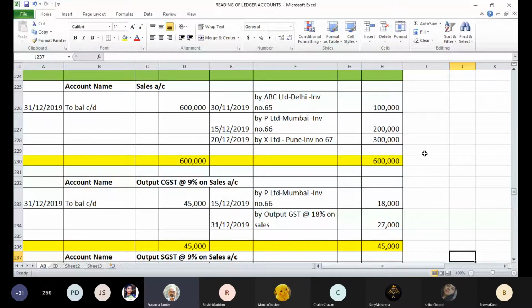But apart from sales accounting, you will have corresponding GST accounting also. So let us understand what is this mechanism of GST and what are the components of GST, and then we will see the accounting. Now, most of you would have purchased something recently on which you would have received a GST bill, right? Even if you go to a restaurant and if you get a bill, it is also a GST invoice or GST based bill. Okay. Can you make out or do you remember what kind of components are there in your GST bill? Anybody remembers?